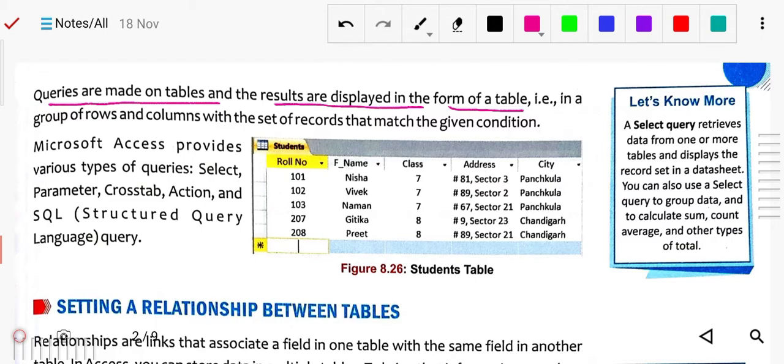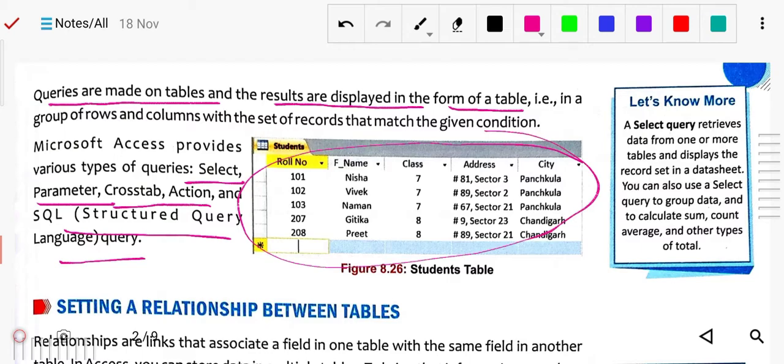Microsoft Access provides parameter, select, cross tab, action, and SQL, structured query language. With these, it is possible to apply two conditions or three conditions, and all the results will be shown in one particular table.